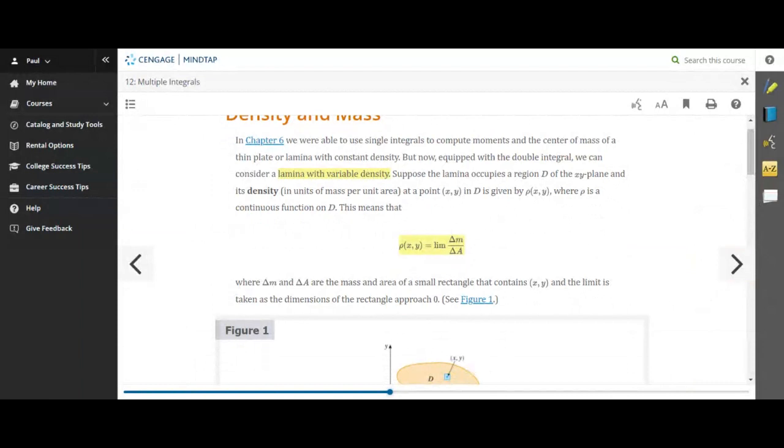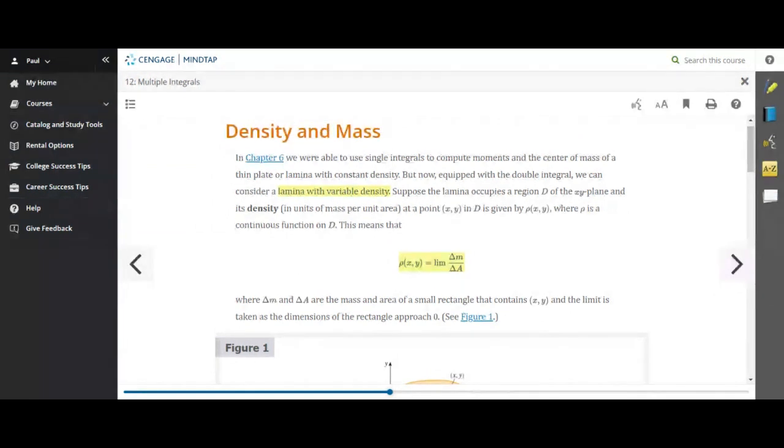Okay, so how many remember that density is mass divided by volume? How many remember that definition for density? Okay, Yeva recalls that. And indeed it is. But in section 12.5, we extend this idea to density over a lamina. So a lamina is a plate-shaped object, okay? I'll show you a picture here of a lamina,